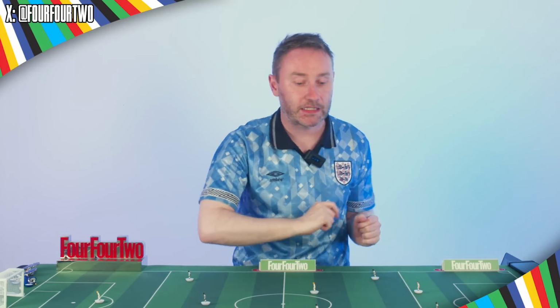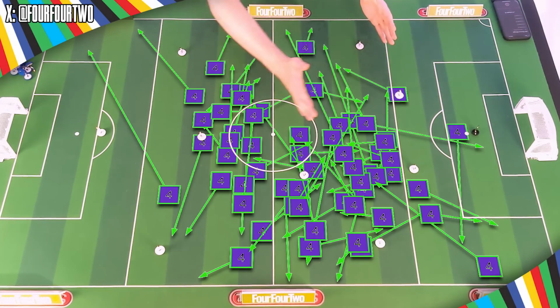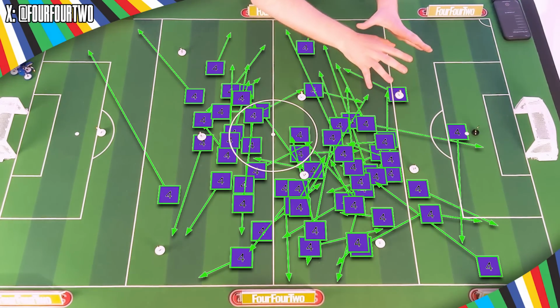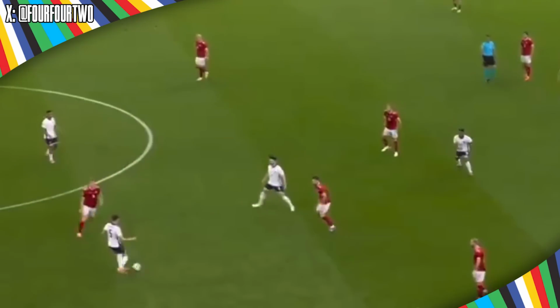And so if you look, you'll see he's capable of being very neat and tidy. He can receive it, he can give it, he can move it around, he can circulate the ball. He's very good at that, but just look for yourself. How many of these are forwards? How many of them would break a line of pressure? How many of them would take Danish players out the game? It's virtually none. And we saw this with Arsenal this season.